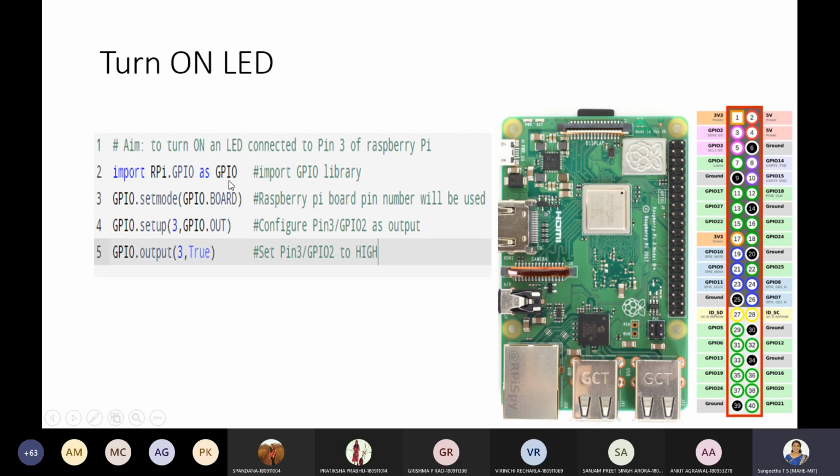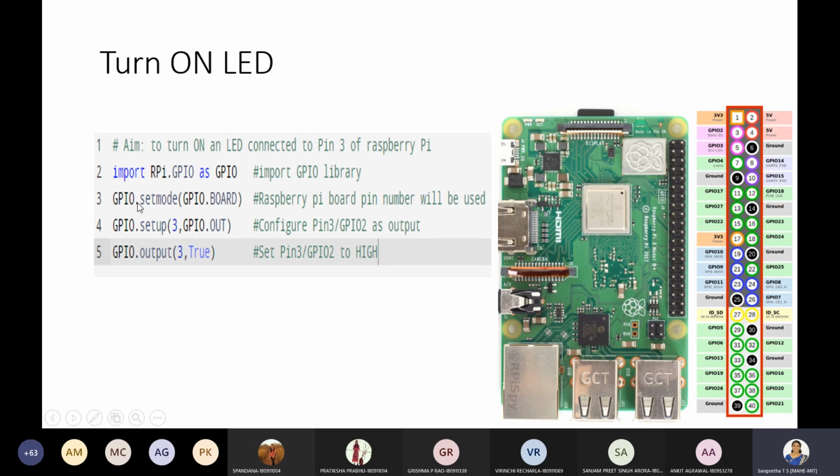So since we are working with the GPIO pins, as I mentioned, you have to have your GPIO library installed and downloaded into your machine. So you can import that first. In Python, we know that for doing many things we have standard libraries available. So import RPi.GPIO as GPIO, and next comes how you are going to name your numbering system, the pin out numbering schemes.